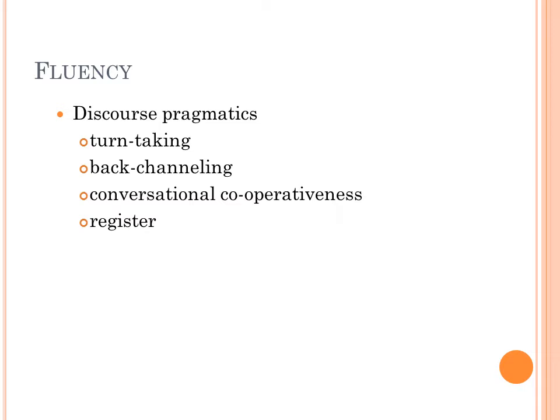I'm going to avoid any long explanations, but some things you might assess would include turn-taking, back-channeling, conversational cooperativeness, and register. Now, for turn-taking, a good test should include some opportunities for some back and forth, and you should be able to assess how well the test taker managed these turns. A descriptor you could use on an assessment might be "manages turns effectively." And what effectively might be will vary widely depending on what kind of interaction we're having. Obviously, turn-taking in a lecture is different than turn-taking in a conversation, and the type of conversation would matter as well.